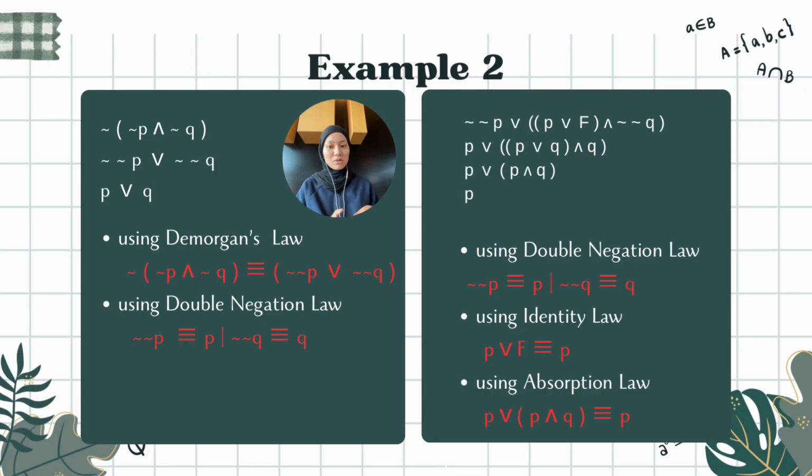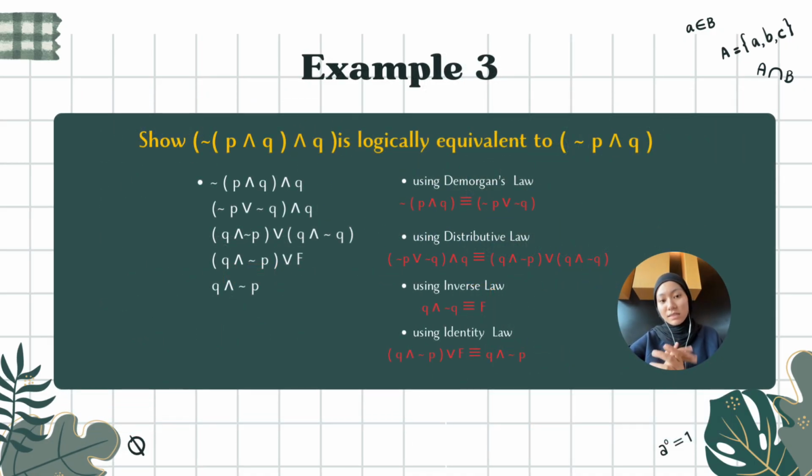In this equation, we can use absorption law, where P and Q is logically equivalent with P. So the next equation we'll get is P or (P and Q). In this equation also, we can use absorption law too, where we will get P or (P and Q) is logically equivalent with P. So the example is example 3, where the question given is to show